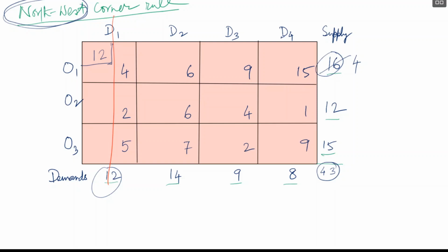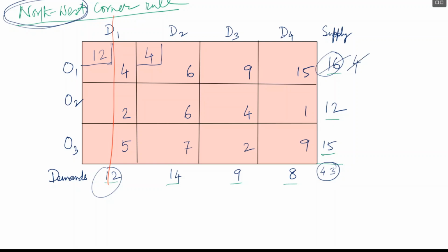So next what we shall do, as we see the next northwest corner in the new problem, the northwestmost corner is the O12 cell, the 1-2 cell. So in the 1-2 cell we check again the minimum between the supply and the demand, that is the minimum between 4 and 14, it is obviously 4. So we shall assign 4 at the O12 cell,